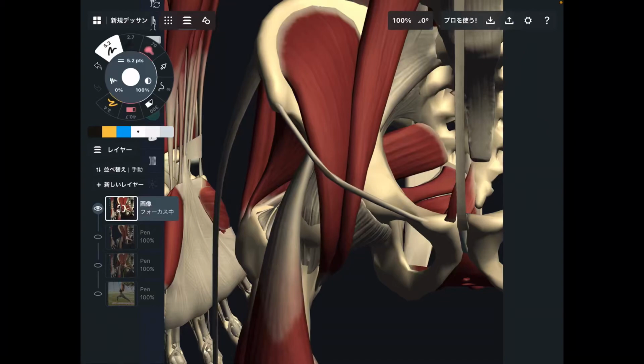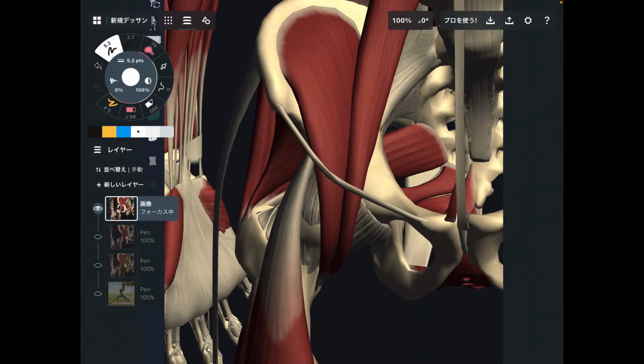In today's video, I am going to explain three structures that can be a cause for anterior hip pain. The hip is a very wide-ranging and three-dimensional structure. People might have anterior hip pain, lateral hip pain, medial hip pain, or posterior hip pain. Today's topic is about anterior hip pain.